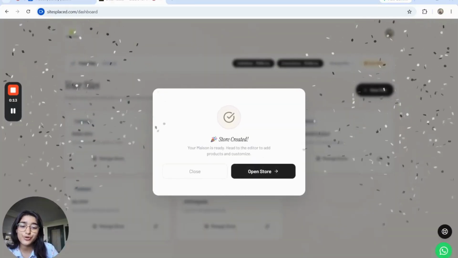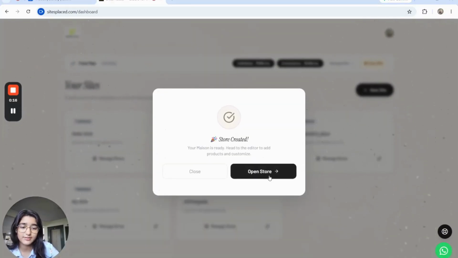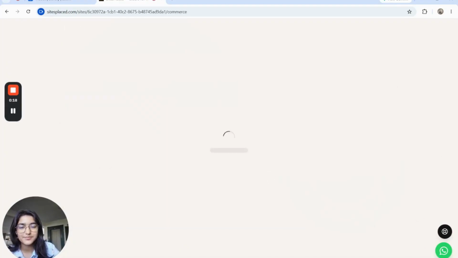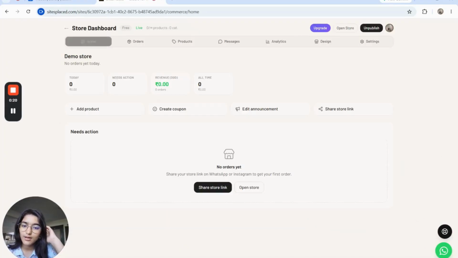Great! Your store has now been successfully created. From this point, you can start customizing your store according to your requirements and branding preferences. And now, let me take you to the major sections and domains available for the customization.